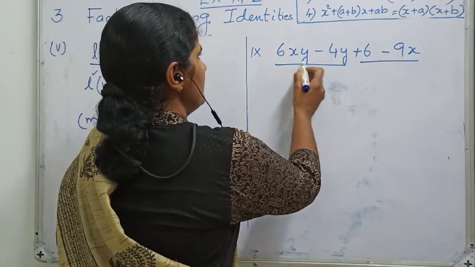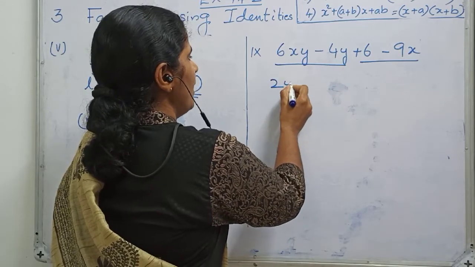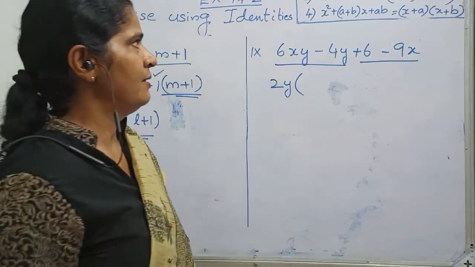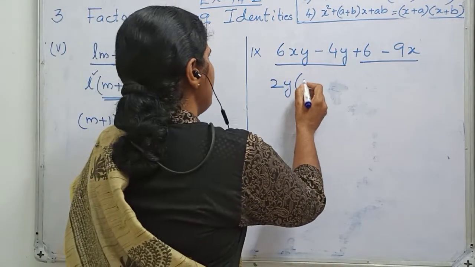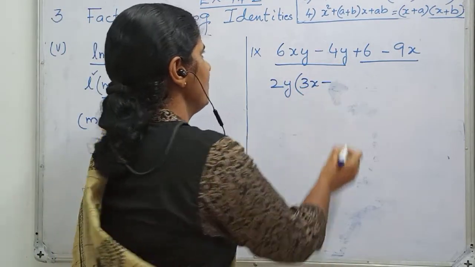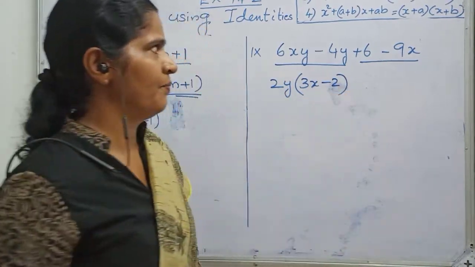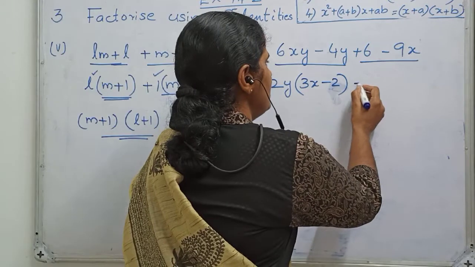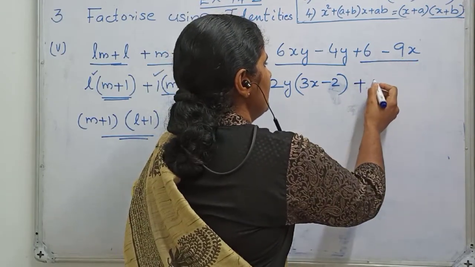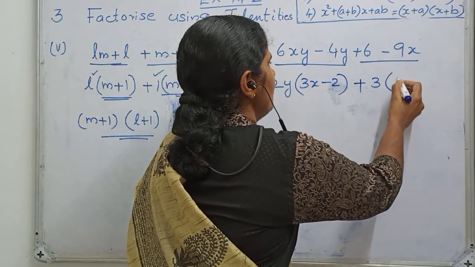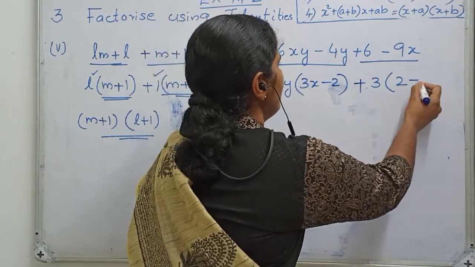Then from these two, 6xy and 4y, I am grouping. There is a 2 and a y common. 2 is common in both, y is also common. So the remaining will be 3x, and from 4y it will have 2 again inside. Then from the other two, plus 6 and 9x, 3 is common. So if I take 3 out, 2 will be there inside, minus